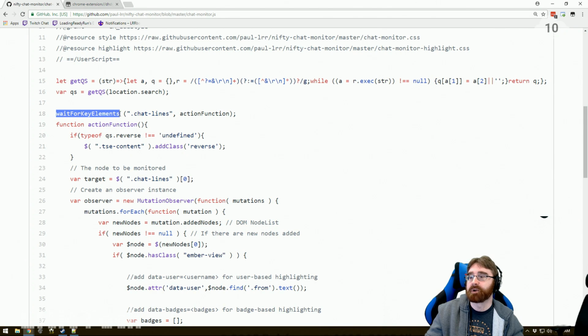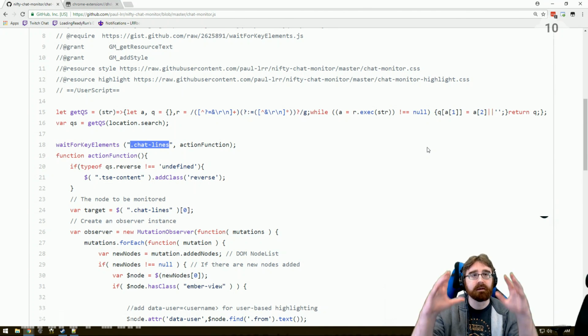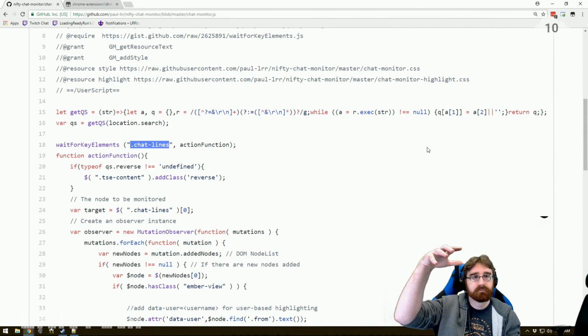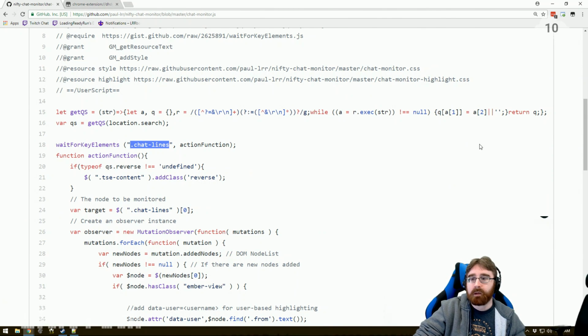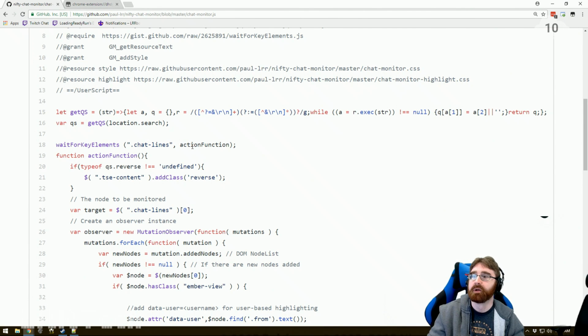What we're doing here, we're using that wait for key elements thing that we were talking about. We're waiting for chat lines, which is the enclosing element for everything in the chat. So once the chat has loaded and that chat lines element is available, then we can start doing things. And what we're going to do here